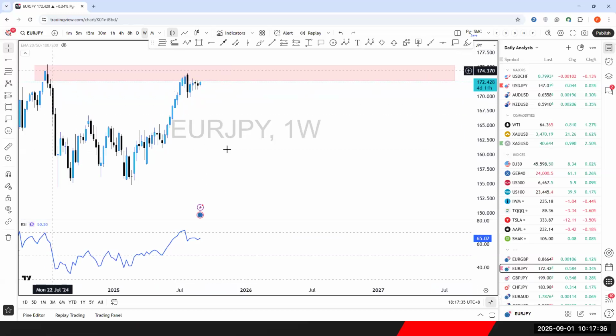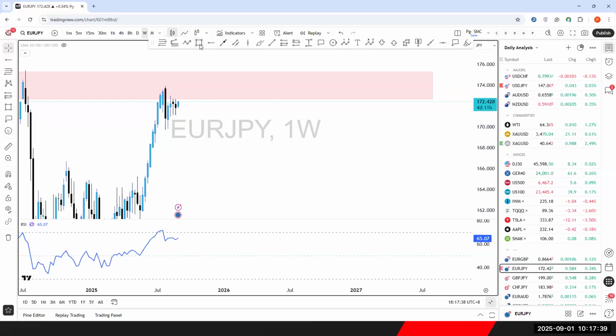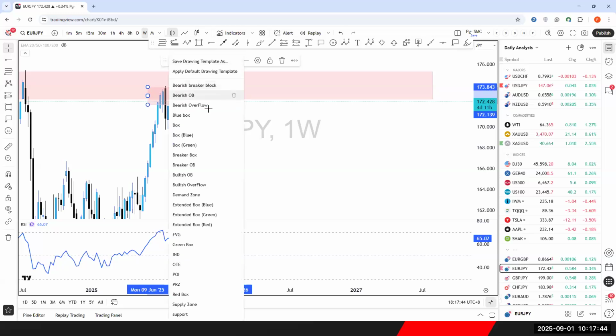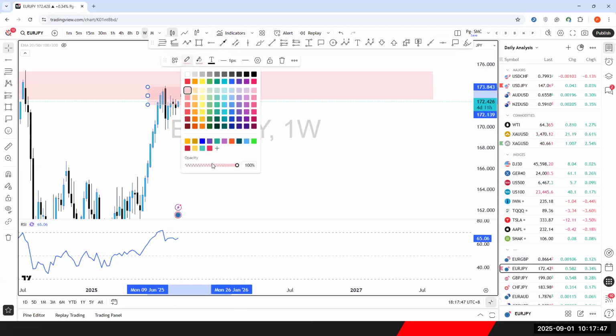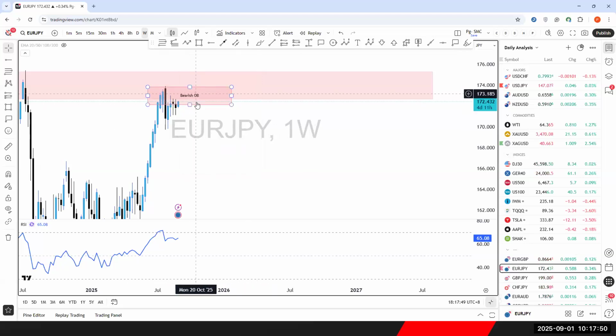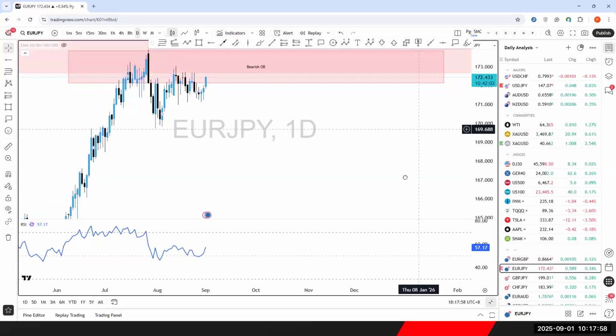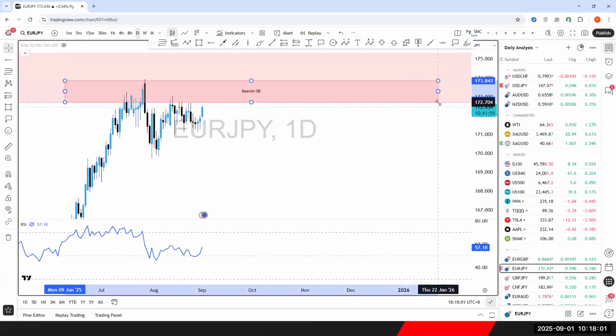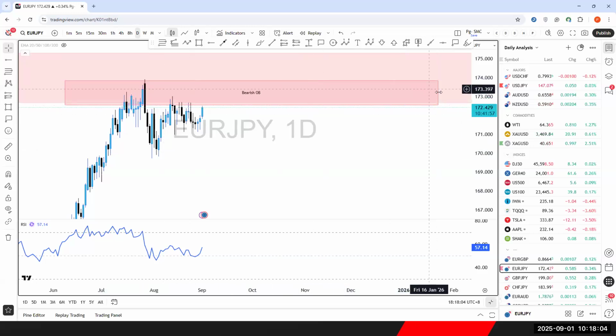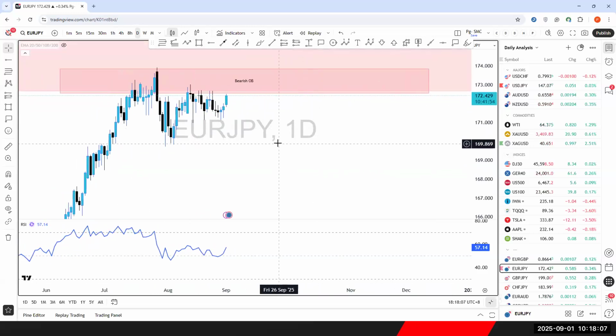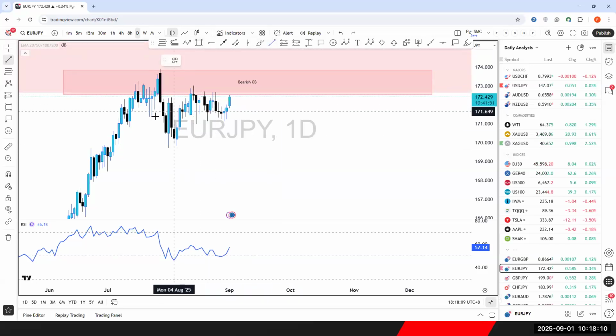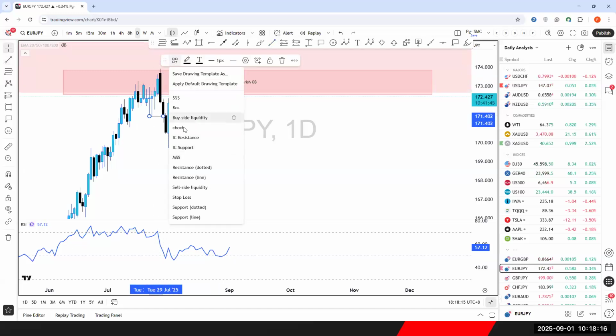Based on weekly time frame, there is the OB here. If price keeps rising to make the divergence, we will see first. I'll go to the D1. This is the OB. And price has already made a market structure shift, which is at this level. Not market structure shift, channel character.